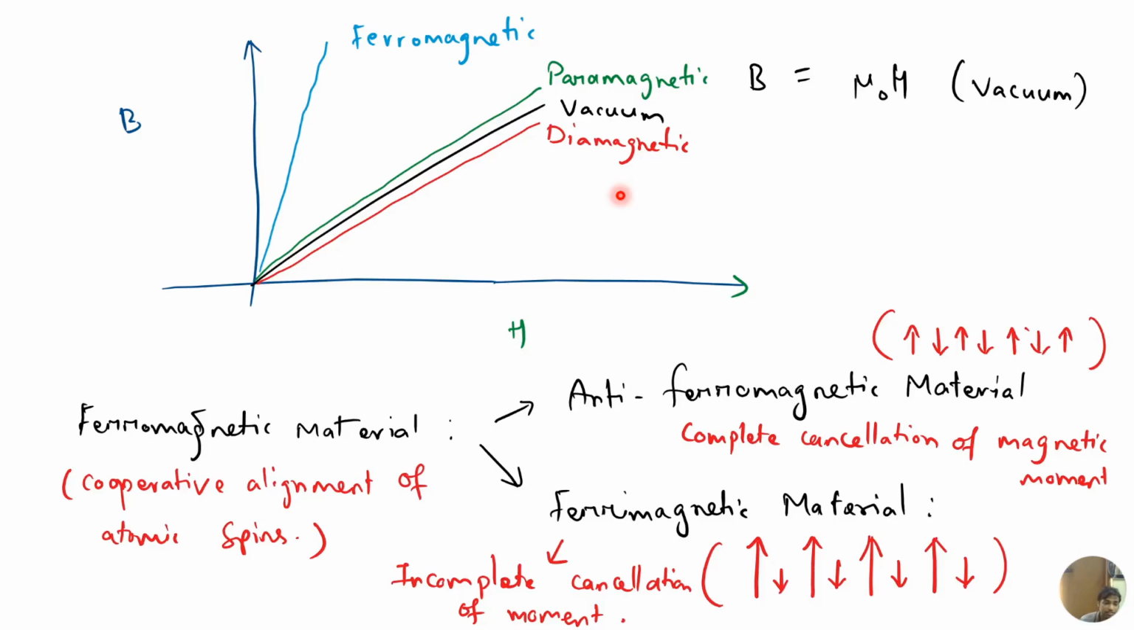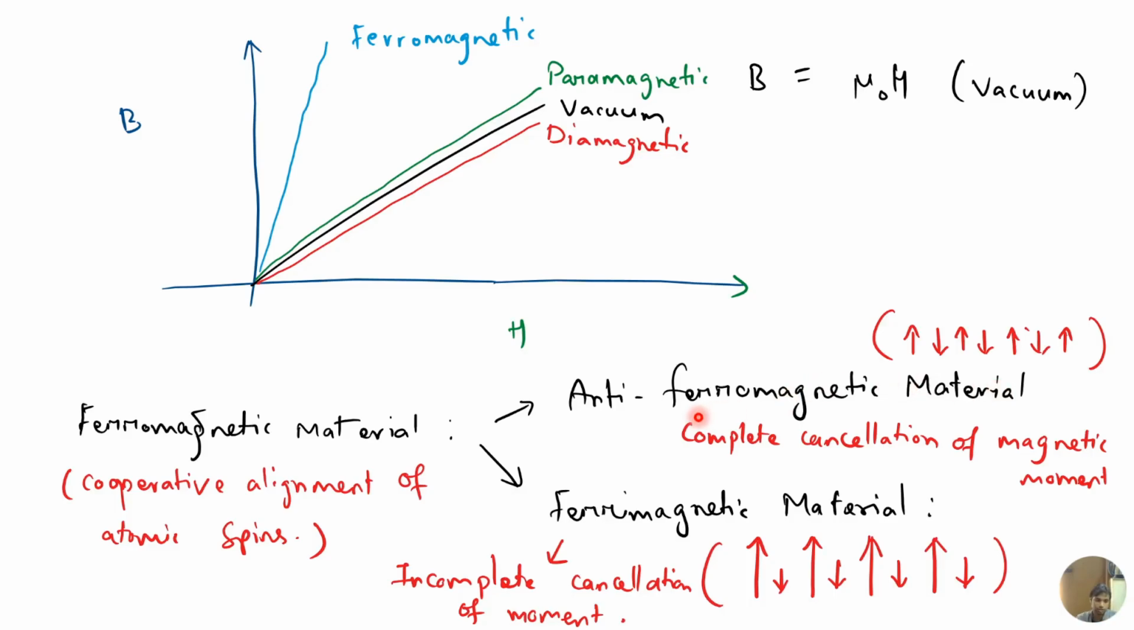But if they align in such a way that there is a complete cancellation of the magnetic moment, for example here you see there is a complete ordering, and what is happening is the magnitude of the upward magnetic moment is the same as the magnitude of the downward magnetic moment, which results in cancellation of this magnetic field entirely. And this type of material, which is ferromagnetic, but since there is no magnetization as such, we call it anti-ferromagnetic